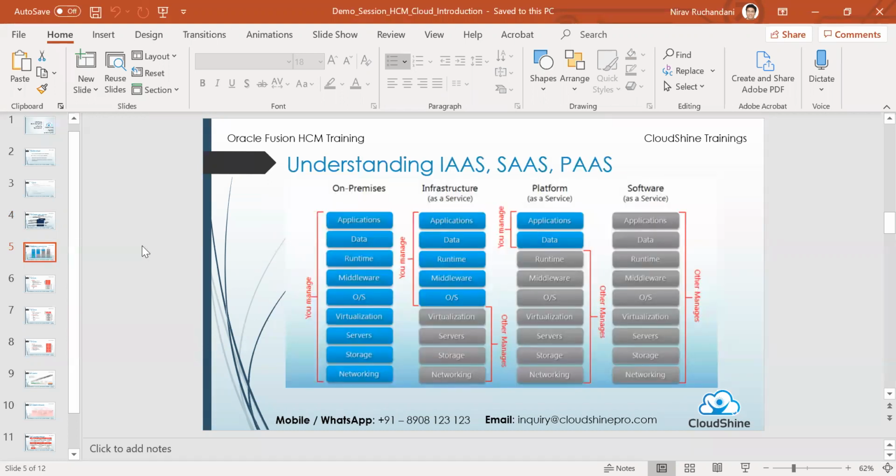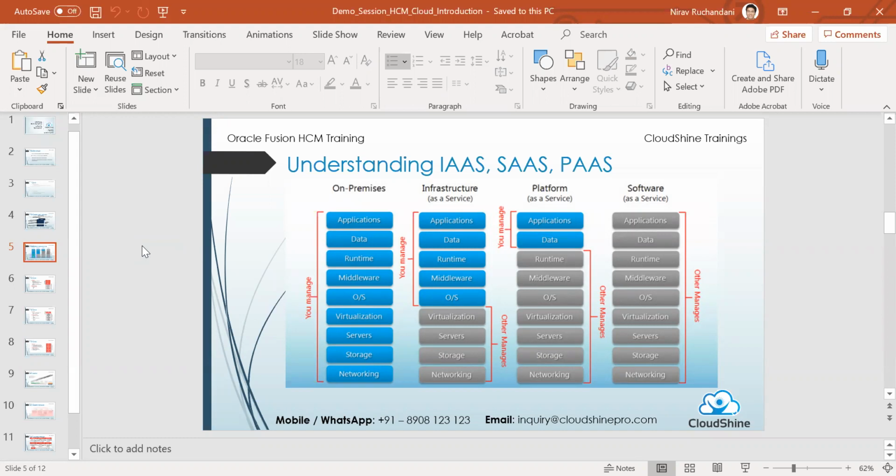In terms of the structure, or rather the differences, as I talked about, between on-premise and cloud-based versions of Oracle. So these are the different frameworks that exist, and we'll talk briefly about this, because this is a whole technical topic in detail that we can cover if time permits.